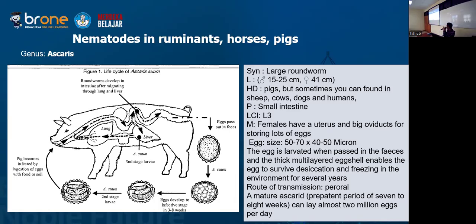This worm, we find in pigs. It has the synonym large roundworm, and you can read the length by yourself. But the point is the female is bigger than the male worm. The definitive host is the pig, but sometimes you can find it in sheep, goats, ducks, and humans. The predilection site of this worm is the small intestine, and the infective stage is L3